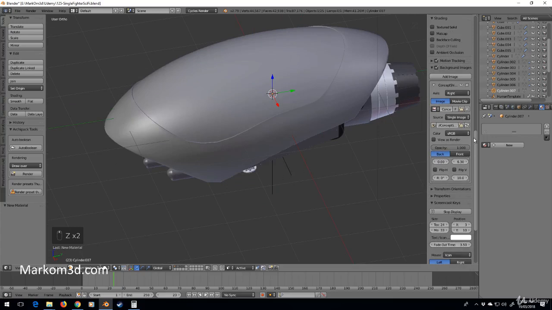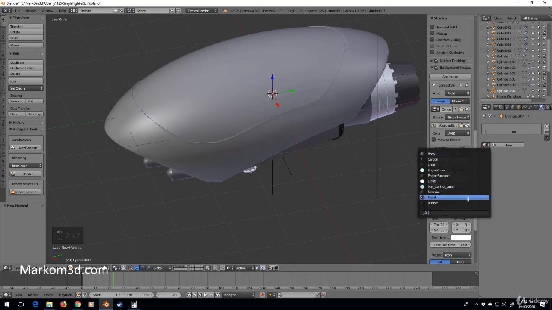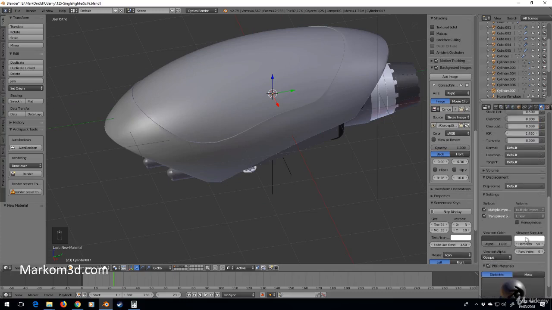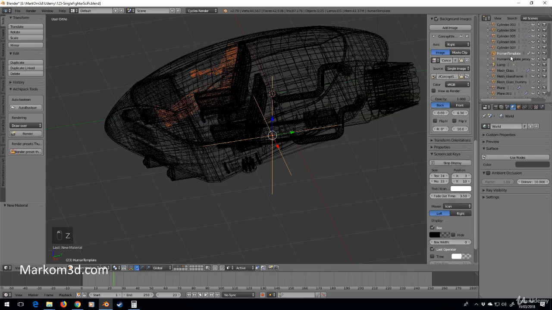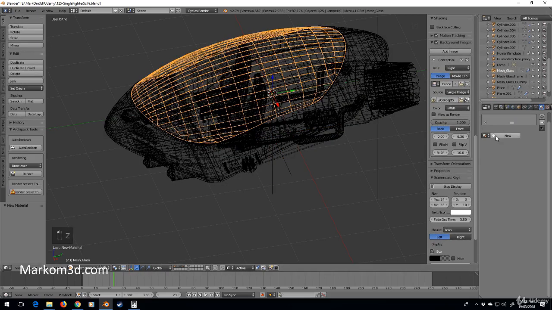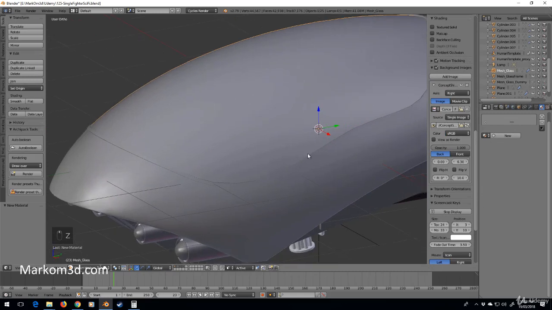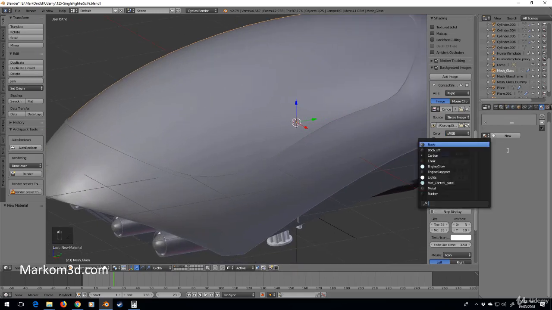This inside bit, I will go asphalt, which I think is this one, because I didn't name that properly. Body int, human. Now, this one's a bit of a tricky one. So we can go new,